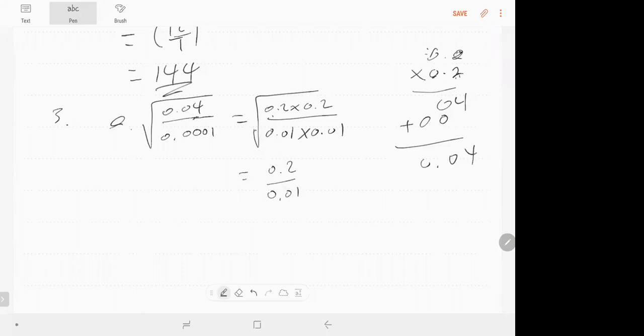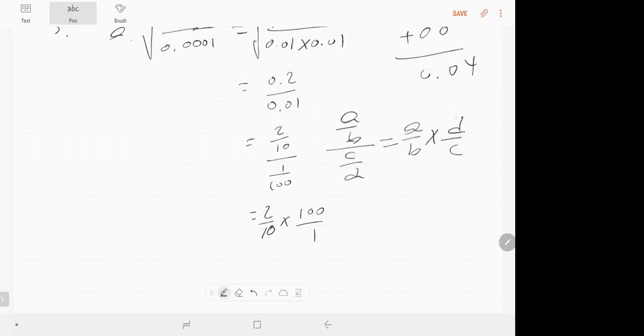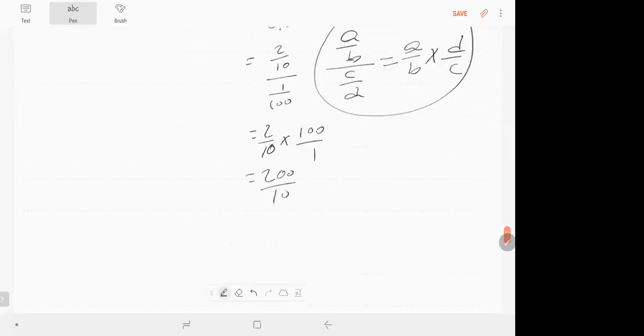ግን ይሄ መልስ እንደዛ አይቀመጥም, this is not the last simplified form. ይሄን ሲምፕሊፋይ ማድረግ አለባችሁ, so ሲምፕሊፋይ ለማድረግ ወደ ፍራክሽን መለወጥ አለባችሁ። 0.2 means 2 over 10, 0.01 means 1 over 100. ይሄን ሲምፕሊፋይ ስታደርጉት this means 2 over 10 times 100 over 1 ማለት ነው። ቀደም ብዬ ፕሮፐርቲ ነግሬያችኋለሁ: a over b the whole over c over d ከሆነ a over b times d over c ይመጣል። So 200 over 10 ይመጣል፣ which is equal to 20 ይመጣል።